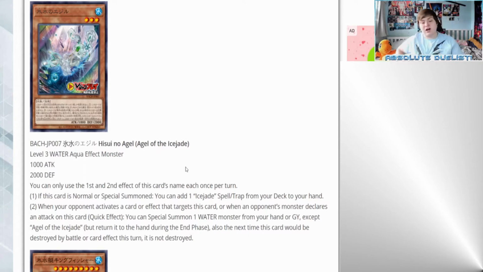Your opponent targets it, you get a free special summon. Your opponent attacks, you get a free special summon, it doesn't die by battle, or by card effect, for instance. It's not a bad effect. That's actually a pretty decent effect, especially with any Water monster. Personally, I could see this being maybe a generic card in a lot of Water decks, but